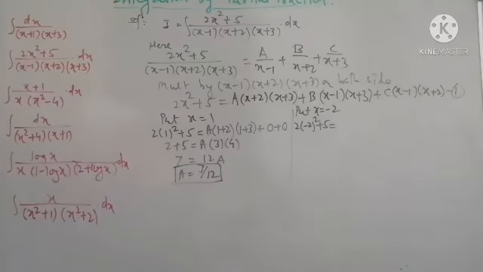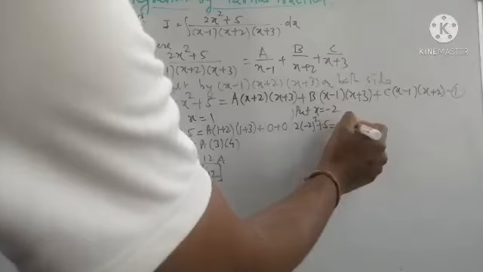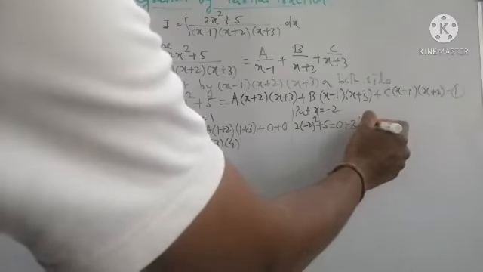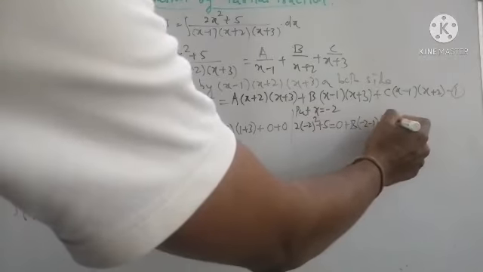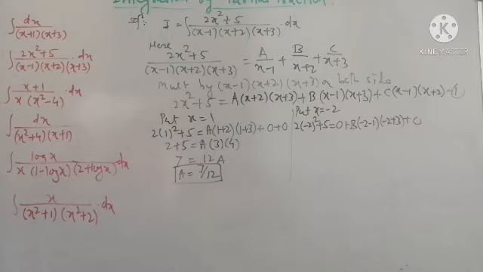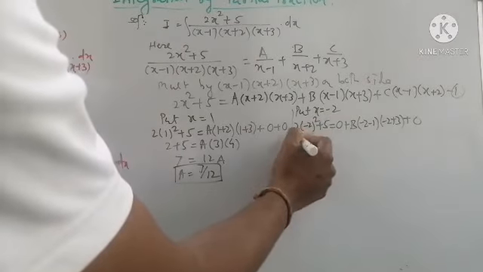On the right hand side, the term of a gets eliminated and equals 0, and in the term of b into brackets, in the first bracket we get minus 2 minus 1, and in the second bracket minus 2 plus 3, and in the last term also c, the term of c becomes 0. Now minus 2 squared is 4, 4 into 2 is 8, plus 5.